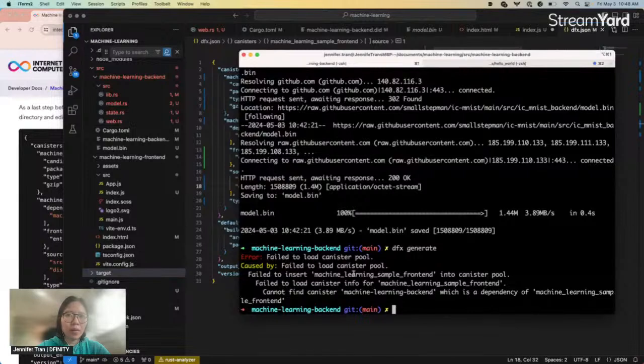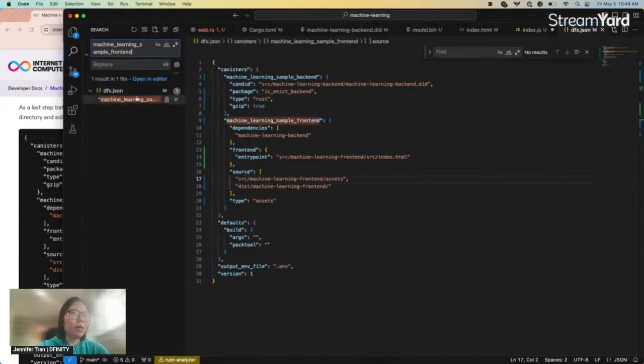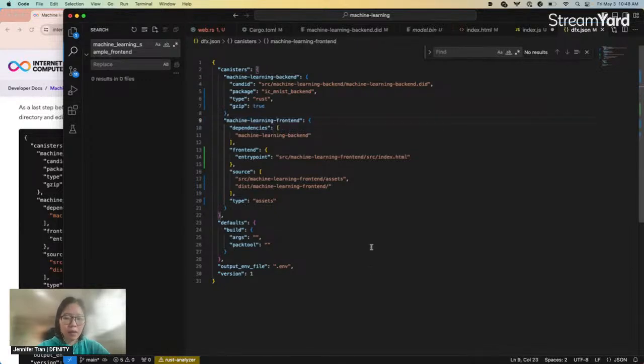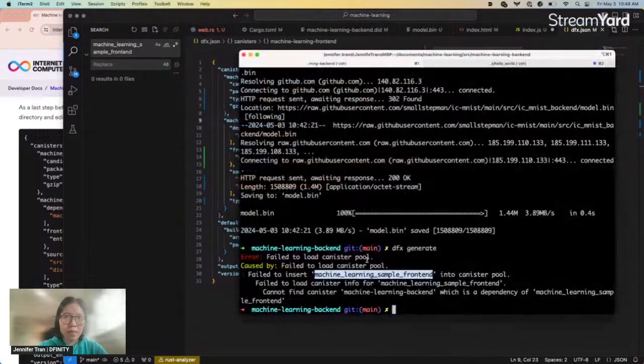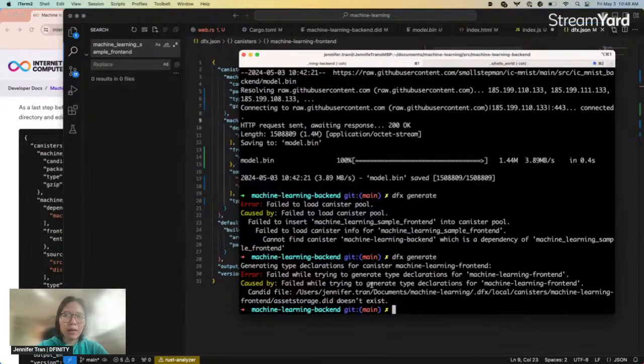I think there's another area where we might have the wrong name, so I just have to make sure these are correct here. Okay, let me just make sure.